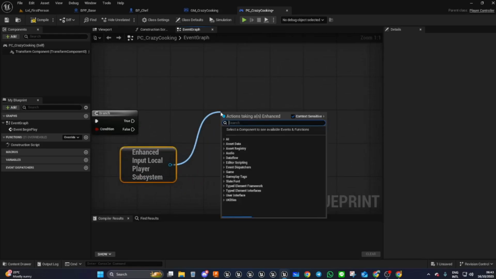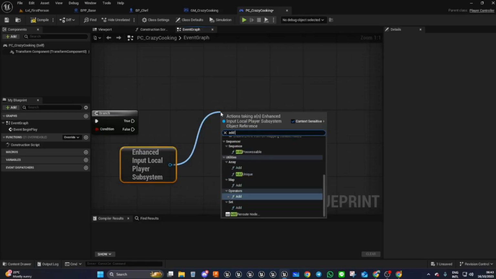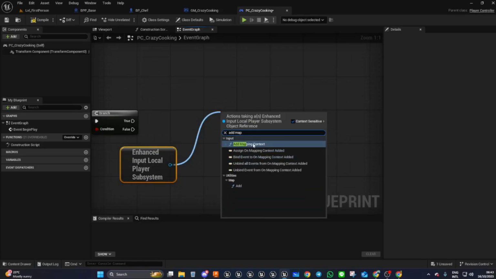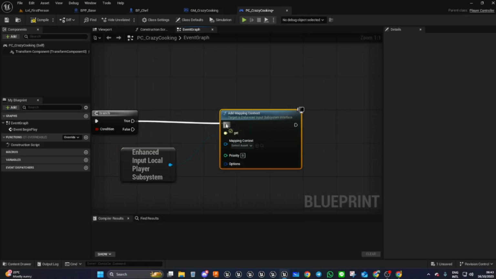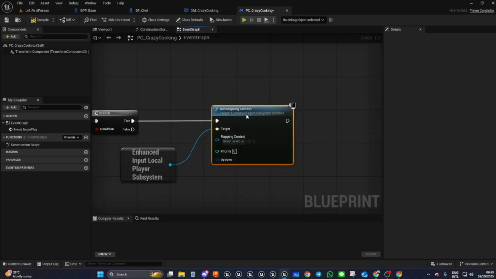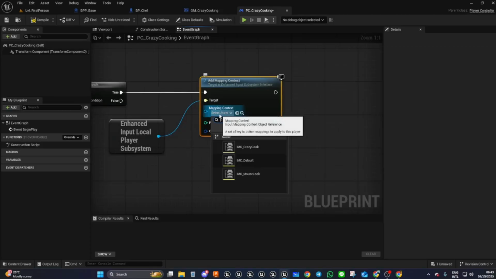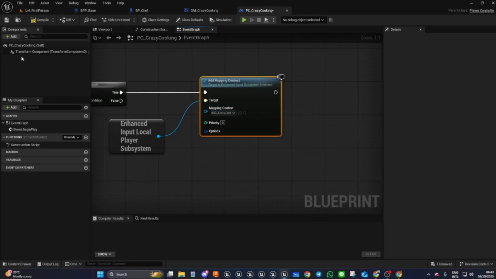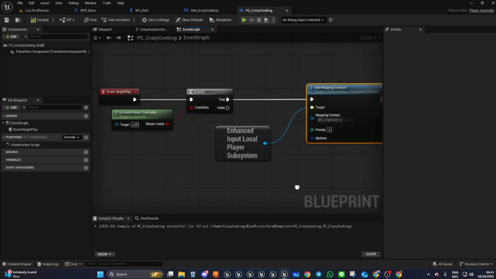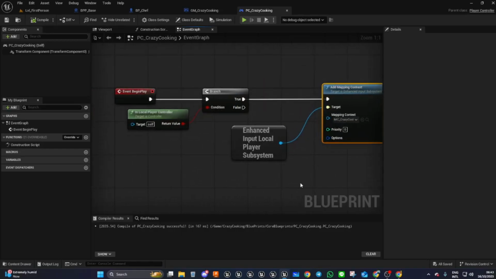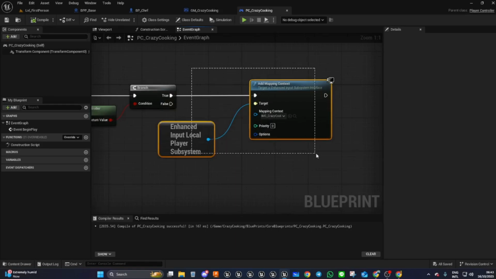And quite simply, off of here we drag add mapping context. So, I know blue pin to a yellow pin looks a bit strange, but that's how it is. Okay, so in here, the only thing we have to put in here, we're going to choose our Crazy Cook. Compile. Okay. So now basically what this does, it tells the player controller to use this mapping context to use